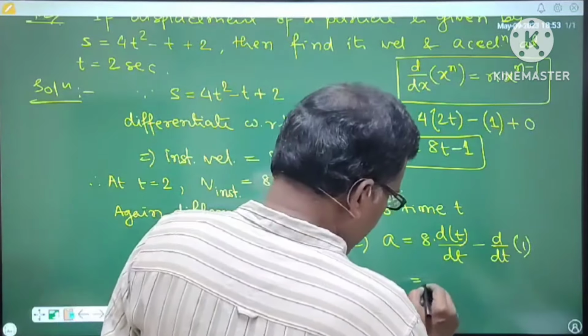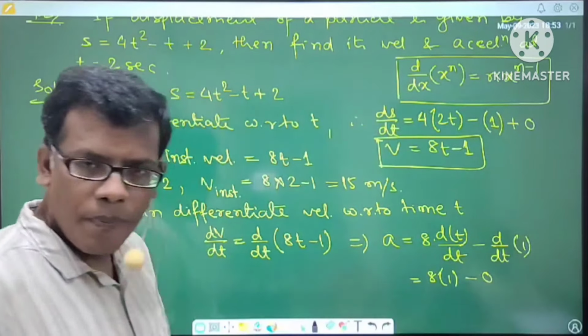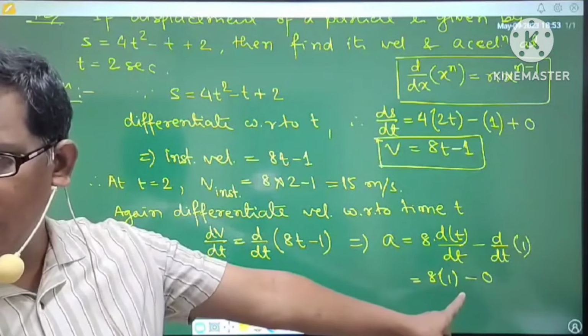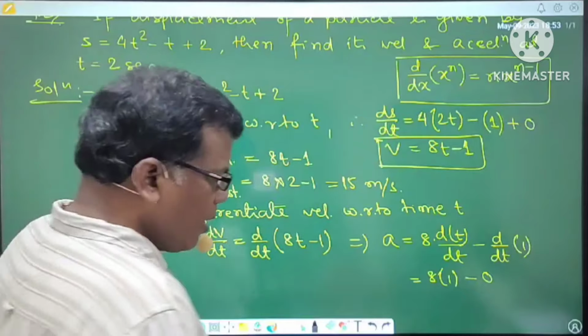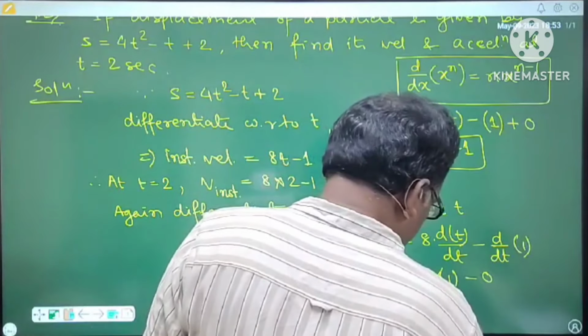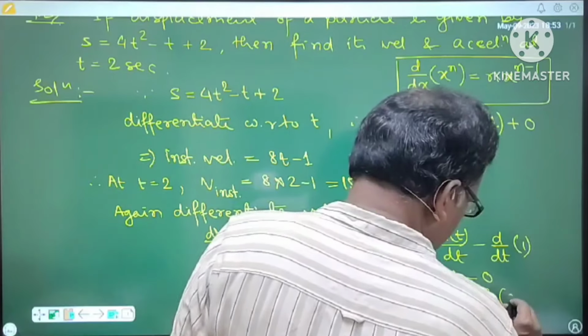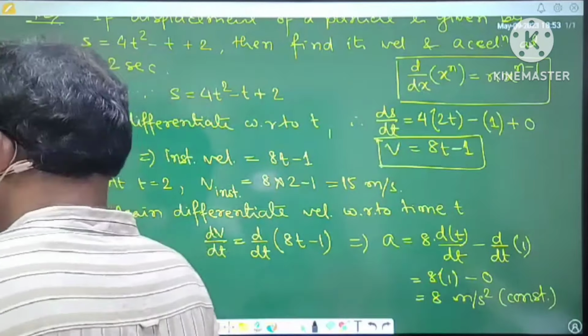এটা হয়ে যাচ্ছে 8 into 1 minus 0। এই যে t এর ডিফারেন্সিয়েশন উইথ রেসপেক্ট টু t 1, আর কনস্ট্যান্ট টার্মের ডিফারেন্সিয়েশন উইথ রেসপেক্ট টু t ইজ 0। তাহলে এটা আলটিমেটলি কত হয়ে গেল? 8, ইন্ডিপেন্ডেন্ট অফ t হয়ে গেল। তার মানে এটা কনস্ট্যান্ট অ্যাক্সেলারেশন। এরকম কোশ্চেন দিয়ে জিজ্ঞেস করা হয়, ইজ দিস পার্টিকল